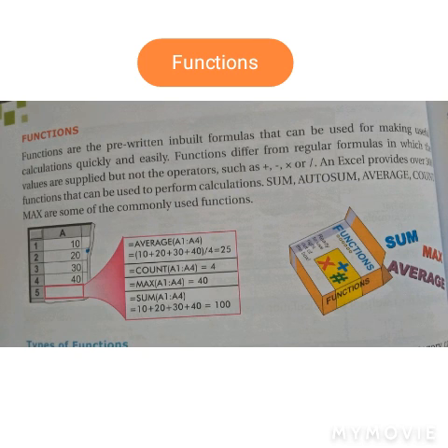For example, the sum function, autosum function, average, count, maximum, minimum, and so on are commonly used functions. There are different types of functions. In this chapter there are 11 categories in which Excel has grouped functions. Each category can include a variety of functions.